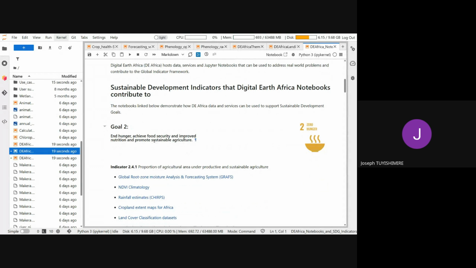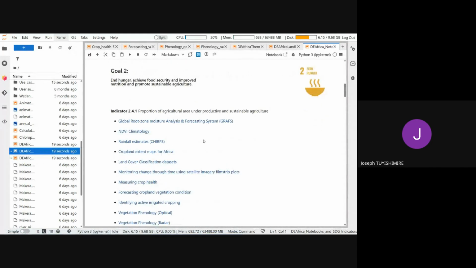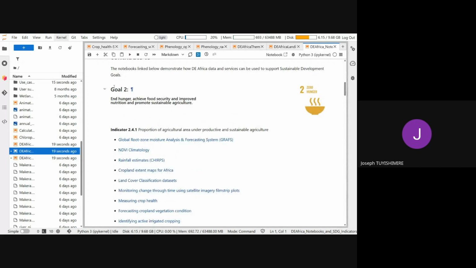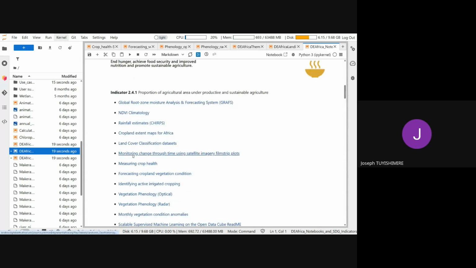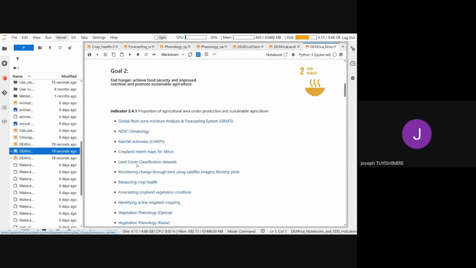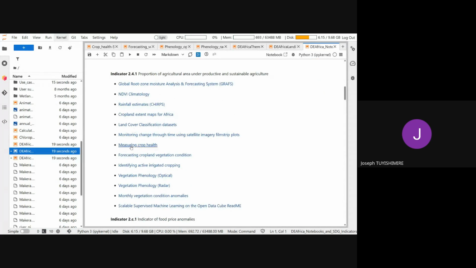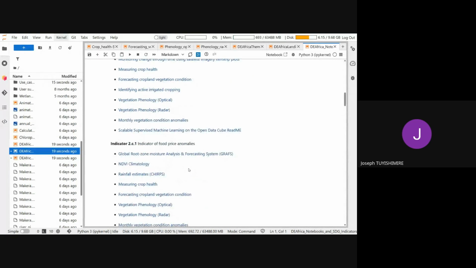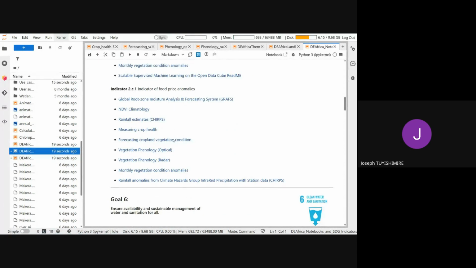Under each goal, we try to put some key tools we think can contribute. Now we are talking about Goal 2. This is zero hunger, and then we have all those notebooks you see here. For each indicator and sub-indicator, we have developed some key tools that will help to inform the goal.